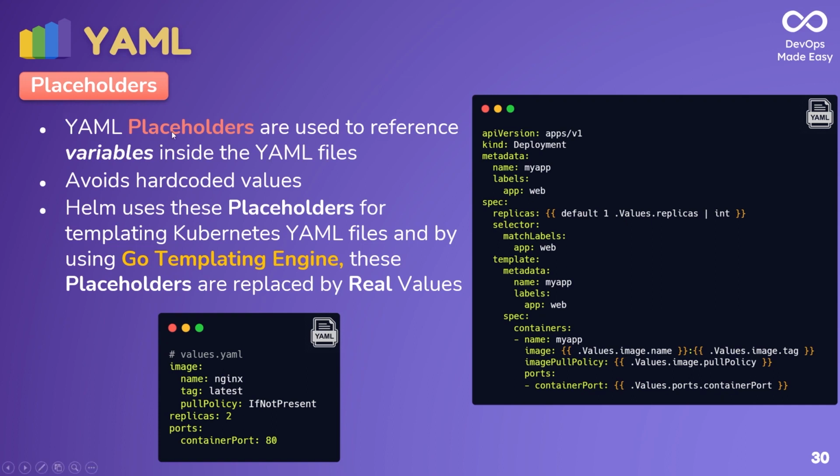Okay, so YAML placeholders are used for referencing variables inside the YAML files. One of the examples, or one of the technologies which uses these placeholders, is Helm charts. Okay, so we will not talk more about the Helm charts in this lecture series, but Helm charts use something known as templating YAMLs. So that means that the YAMLs don't have hard-coded values; those will have placeholders where Helm will dynamically replace